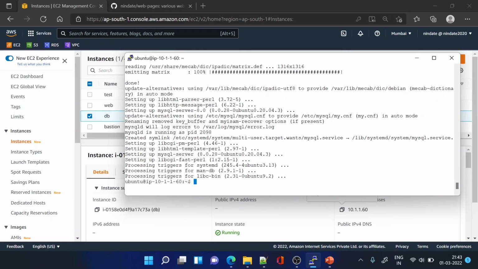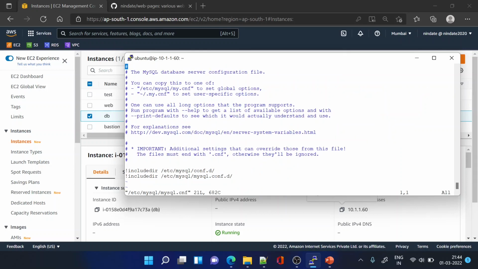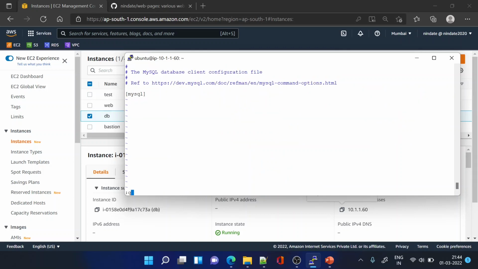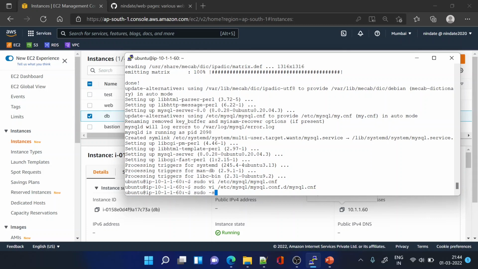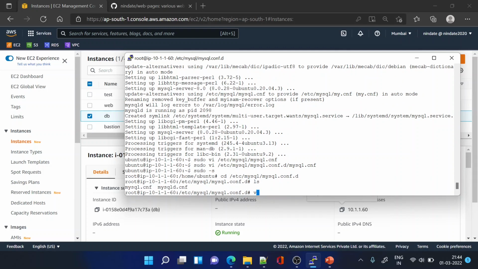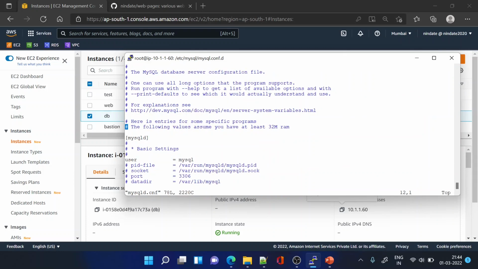Okay, so now MySQL server is installed. Let me edit the configuration file. Okay, it's not this file. conf.d. Okay, so let me change to root. Okay, so in this file,